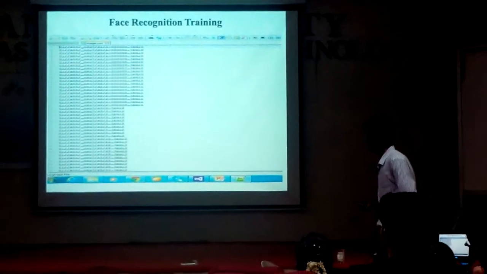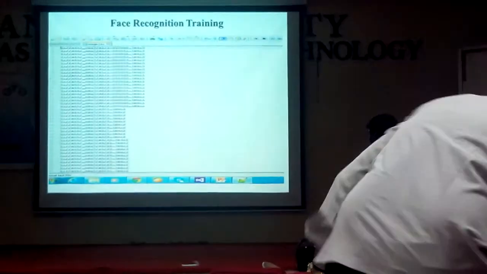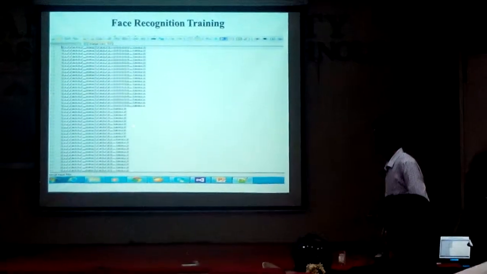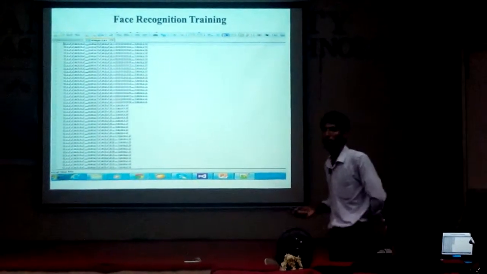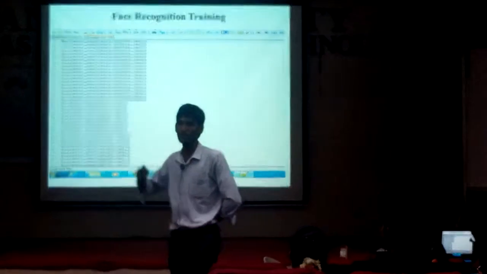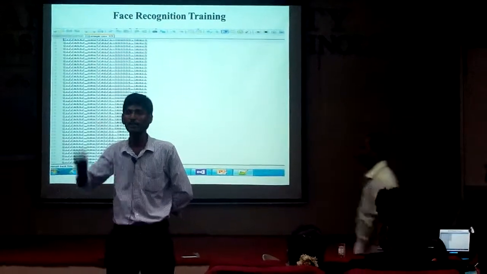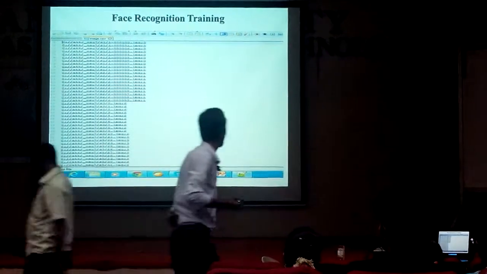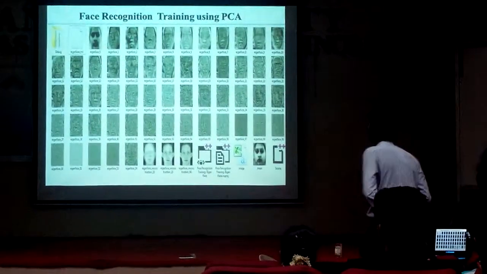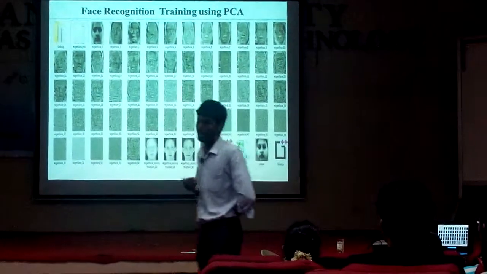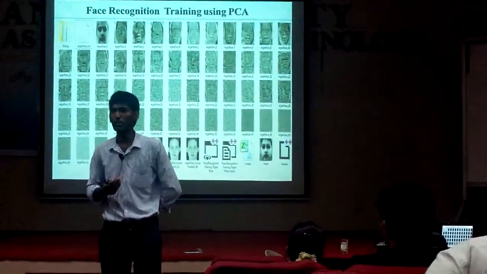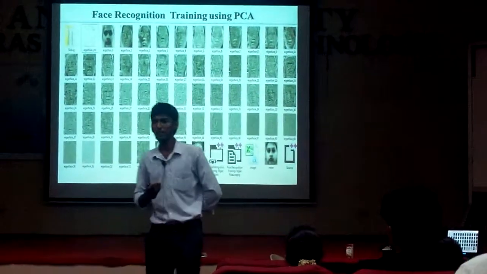For the second person, I have labeled it as 1. For the third person, I have labeled it as 2. And for the fourth person, I have labeled it as 3. So however many persons you have, just collect the data sets, make it into a CSV file, and you can start training. For the training purpose here, I have used the PCA algorithm to train the face